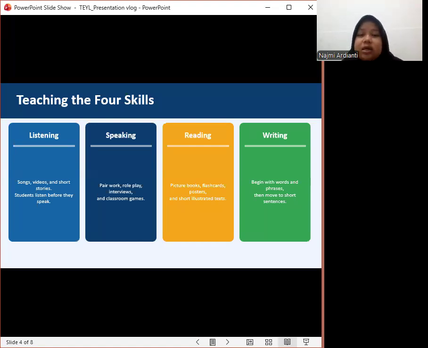For reading, teachers can use picture books, flashcards, posters, and illustrated text to help students understand vocabulary. And for writing, students begin by writing words and simple phrases before moving on to short sentences. By integrating these four skills, students develop balanced English proficiency.